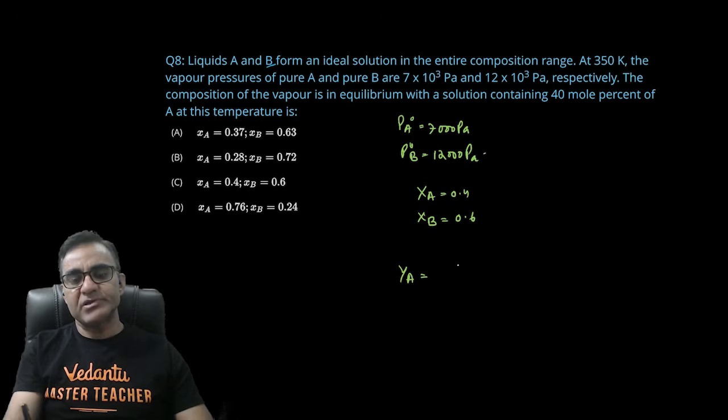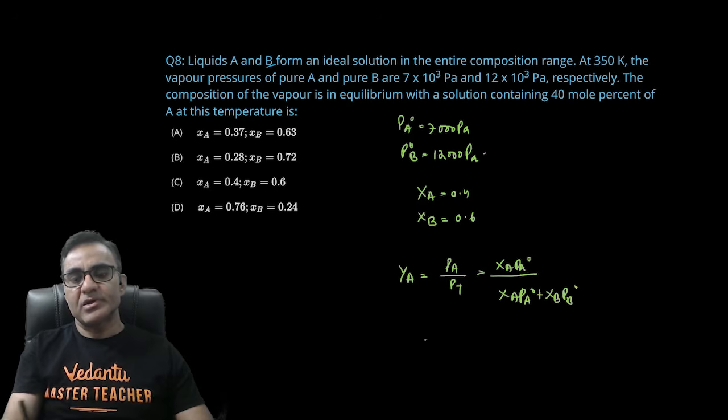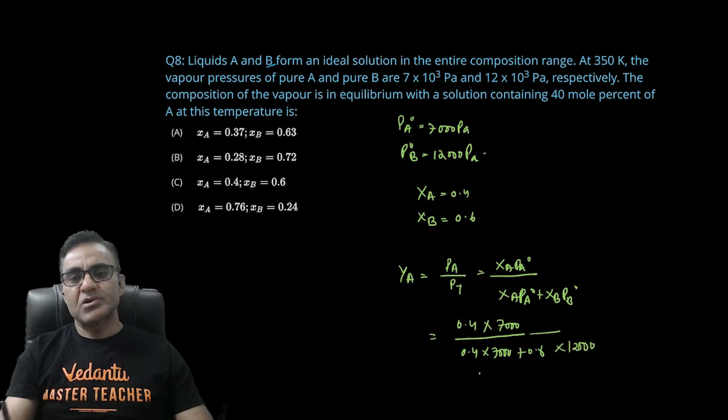Composition of vapor phase can be written as partial vapor pressure of A upon total vapor pressure, which can be written as XA PA naught upon XA PA naught plus XB PB naught. All right, अब जस्ट वैल्यू रख दो। XA 0.4 है into 7000 divided by 0.4 into 7000 plus 0.6 into 12000। इसको आप कैलकुलेट कर लो। दिस विल गिव यू YA एक्चुअली 0.28 आ जाएगा, तो YB हो जाएगा 1 minus 0.28,